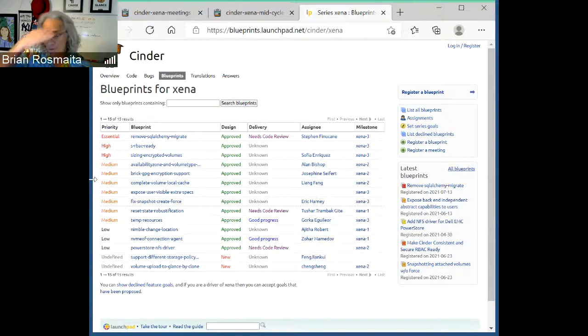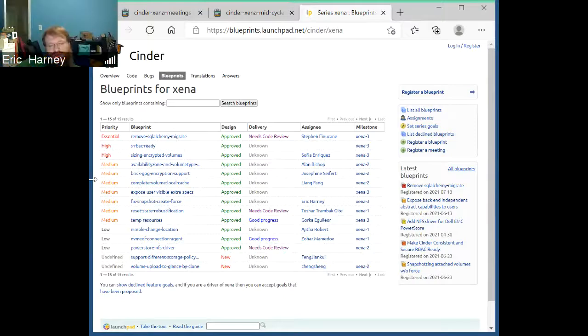So features being added to drivers don't require specs, but I do ask people to file blueprints so that we can track them. So if you're working on something that is a feature needs to be merged before feature freeze, please file a blueprint so that we can track it. Because we can work from here to review the associated patches. Any other questions?